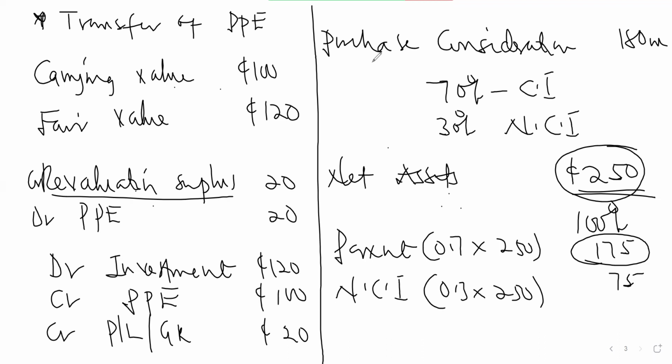Whenever there is a purchase or a business combination, ask yourself: is the amount the parent is paying the same as the portion of the net asset they will be receiving? The parent might be buying at a premium, and that premium is what we call the goodwill. So ask yourself: how much are we paying? What portion of the net asset are we buying? Are we paying a premium? Are we going to have a goodwill? You have to test and calculate for the goodwill.